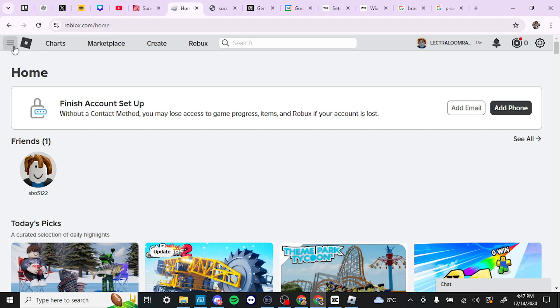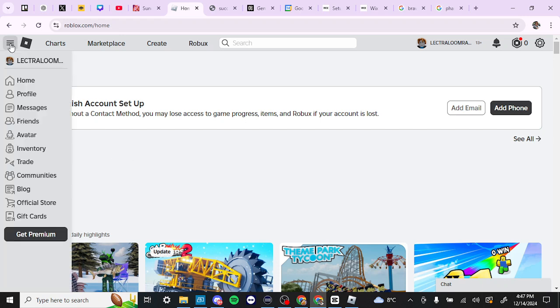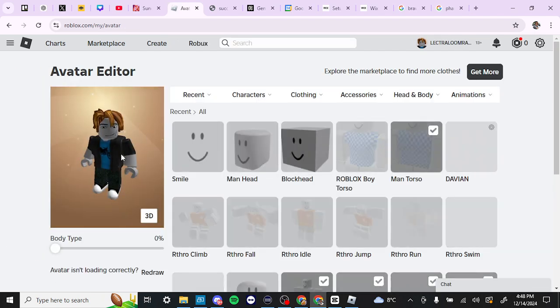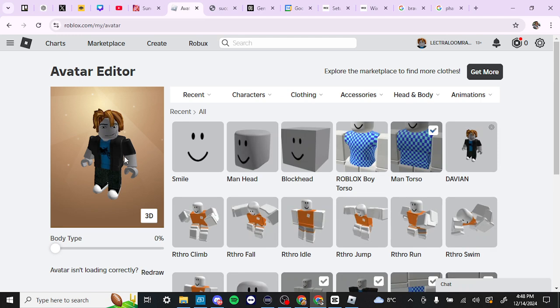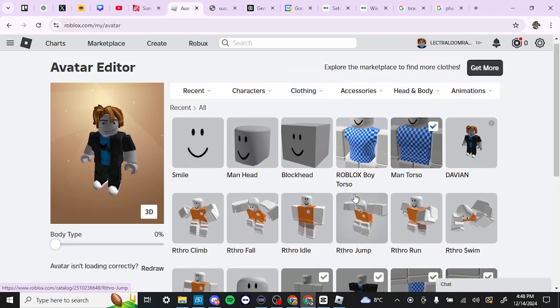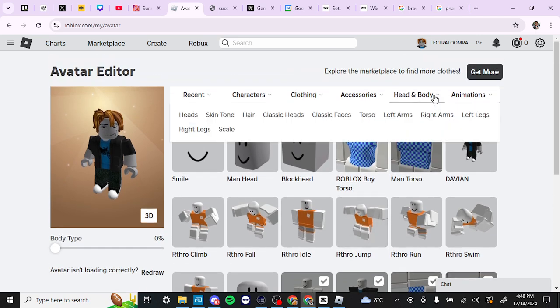And what we want to do is up at the top left hand corner, you want to click that and then you want to select where it says avatar. Once we select avatar, in the screen that shows up, we have our avatar, and what we want to do is change the body. So you can see here already that we have a body that we can select here, but if we want to see what kind of bodies we have available, then go to where it says head and body